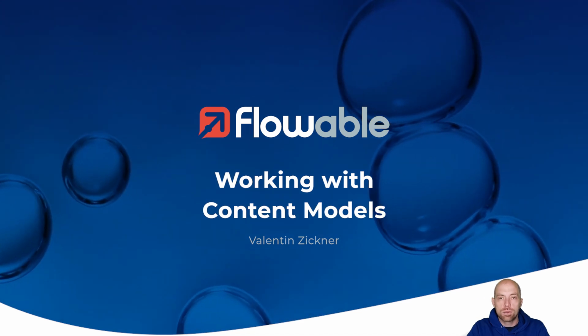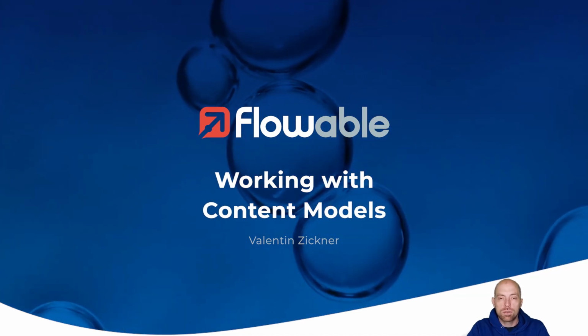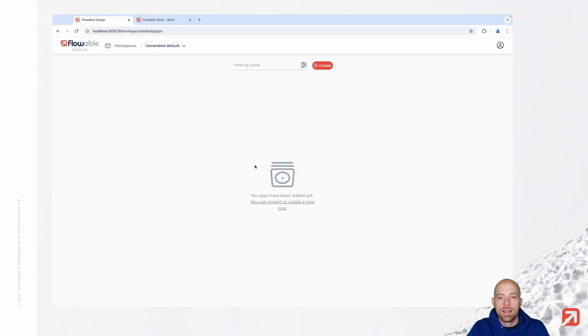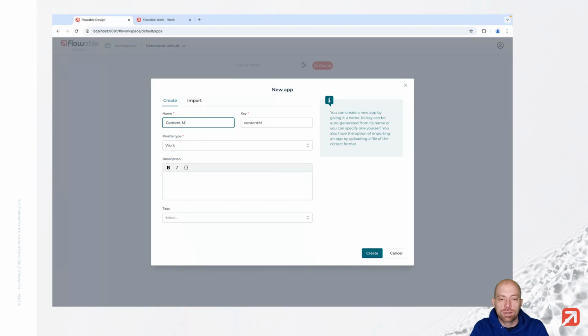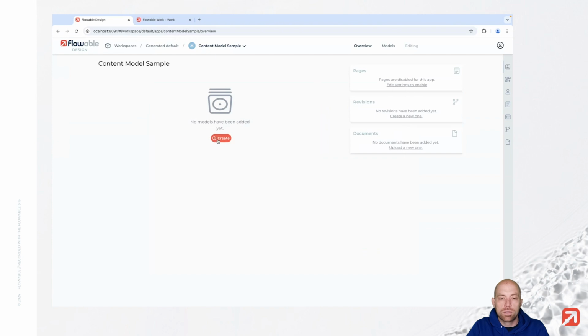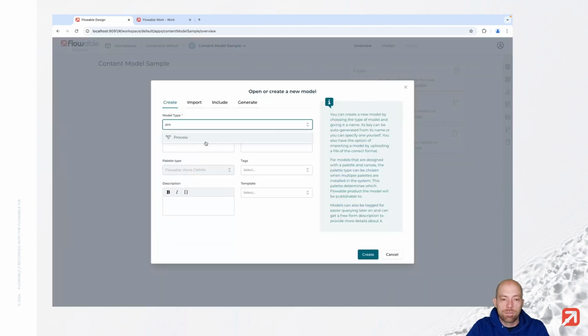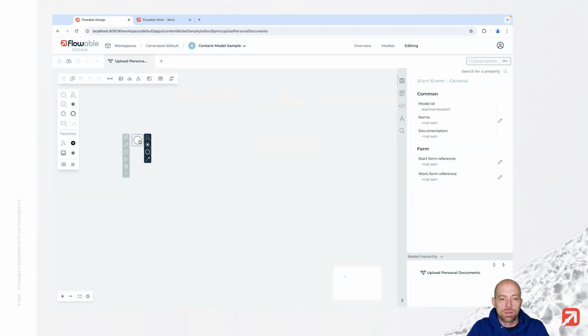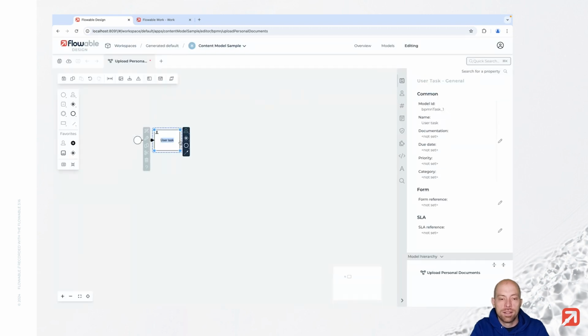There we are going to use a process as an example, but you could do the same with cases as well. Let's get started, and first off we need to create an app. So let's call that content model sample, and inside that we are creating a new process called upload personal documents,